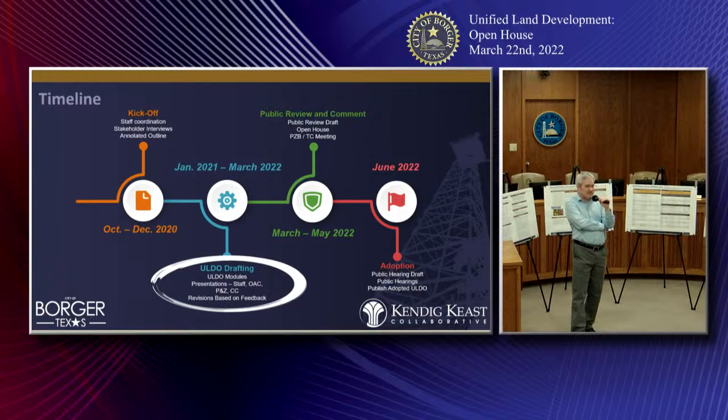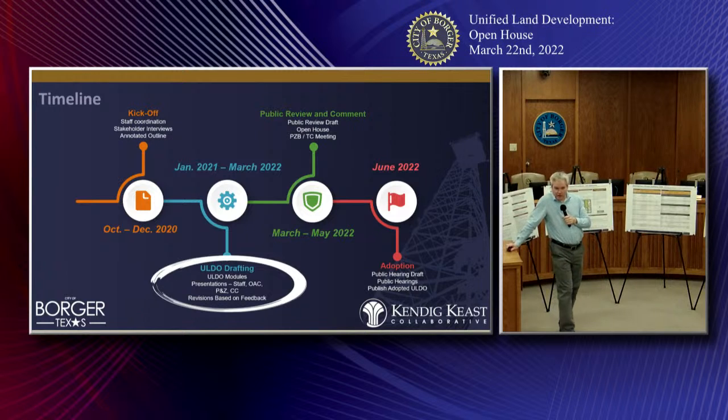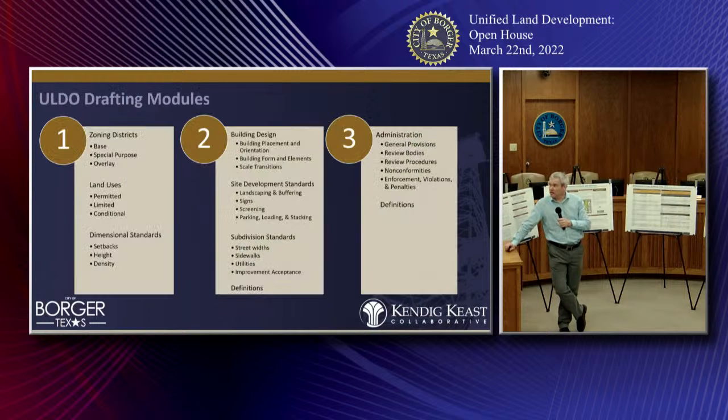Like any ordinance, it has to go to the Planning and Zoning Commission. Any land use related ordinance, at least, has to go to the Planning and Zoning Commission for a public hearing and for their recommendation to the City Council, who then can adopt it as they see fit. The City Council will have the final say in what is contained in the ULDO. And so that's all part of the process. Nothing is written in stone and nothing is permanent until it's adopted, and even then it can be changed through the right public process.